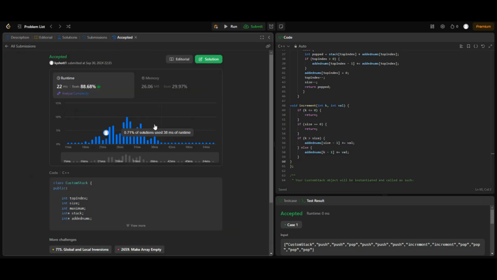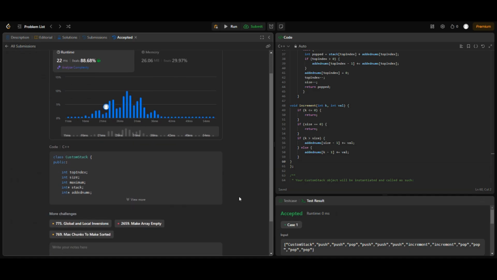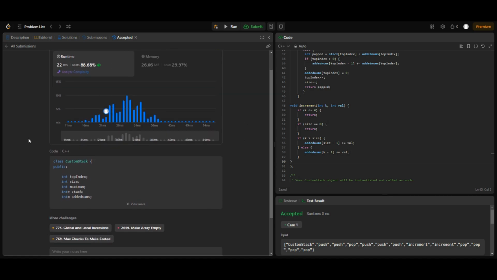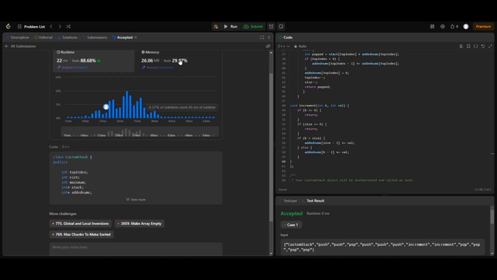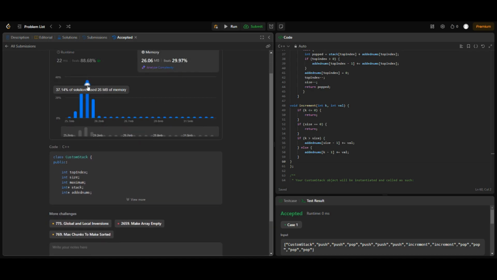And you can see, submitted it, it fully did accept everything. And I think, yeah. So we beat 88.8% or 88.68% of solutions. So we did have a pretty good runtime. Our memory was not great. We only beat 30% of solutions, so